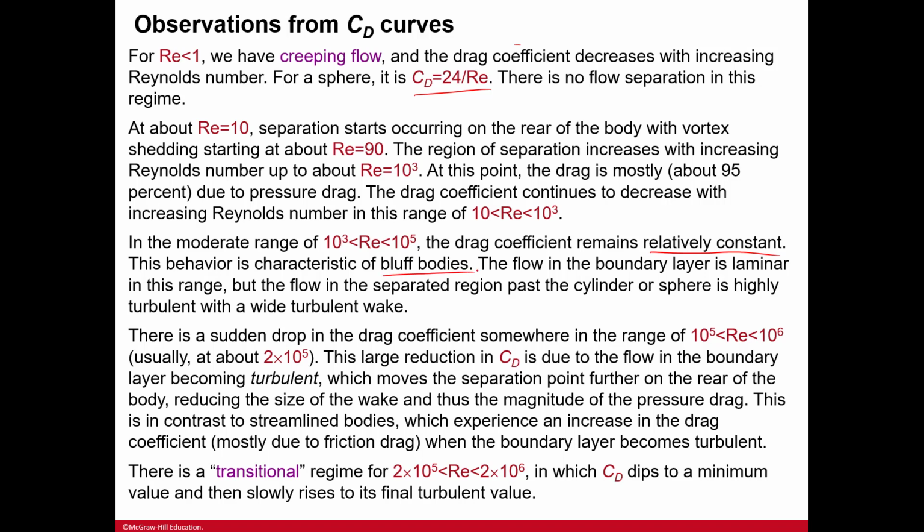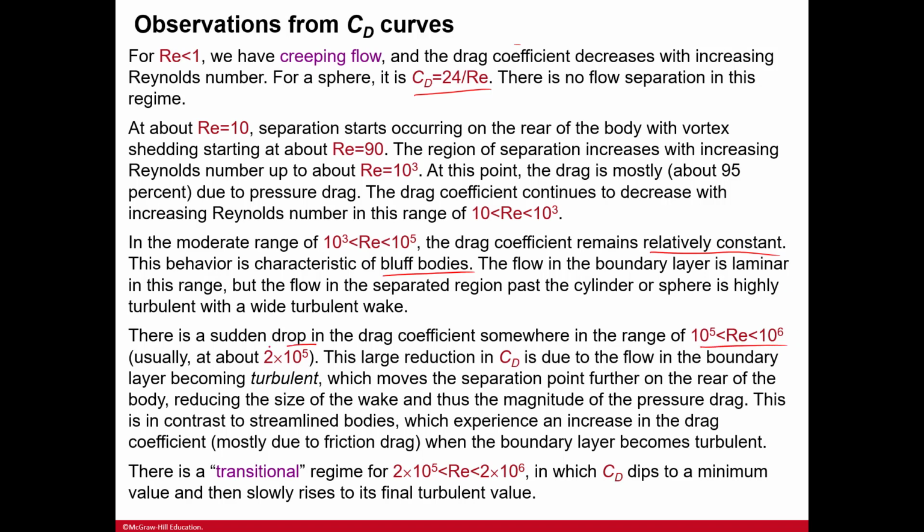The flow in the boundary layer is laminar in this range, but the flow in the separated region past the cylinder or sphere is highly turbulent, with a wide turbulent wake, right? So if you have something like this and you have some beautiful laminar flow, oh my gosh, that's looking so good, and then just chaos behind here. Wide turbulent wake. There's a sudden drop in the drag coefficient somewhere in the range of right here,